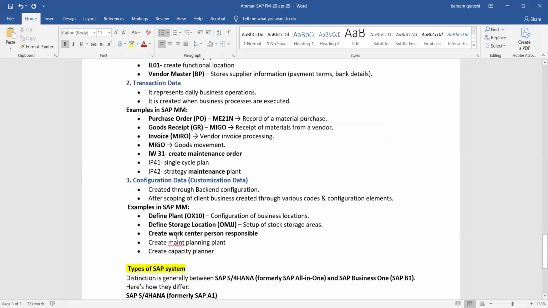And what is the configuration data? Configuration data is almost linked with reporting, and that is primarily your backend configuration. Once you carry out complete scoping of the client and his business, then accordingly you configure in the backend with certain codes, like the maintenance planning plant, the plant sections, and how many work centers are there in a certain maintenance planning plant, and accordingly you go for the backend configuration and you do the coding. And coding is normally not in the computer language sense, it is, you can say, alphanumerical, alphabetical,